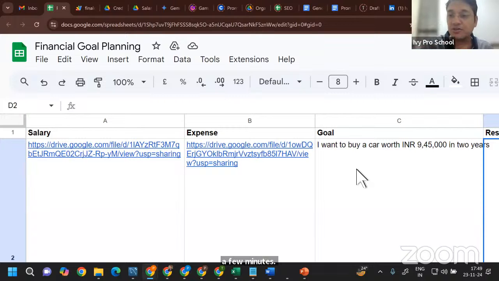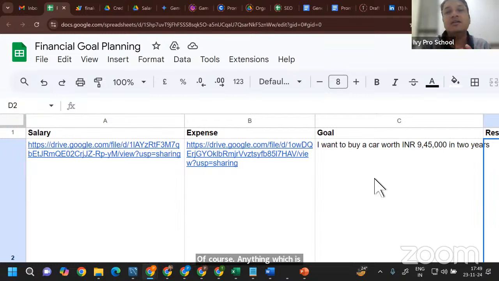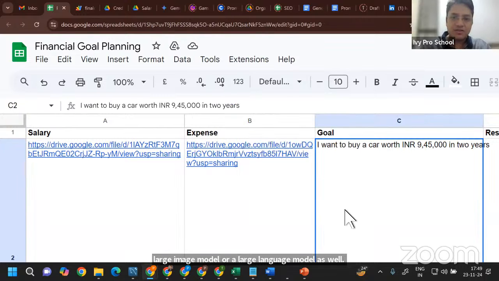Zebran has asked some question. Text to image create also falls under LLMs. Of course, anything which is to do with it falls under Gen AI per se. Text to image model can be a combination of large image model and large language model as well. Okay. I will take a lot of questions about Gen AI and LLM towards the end,